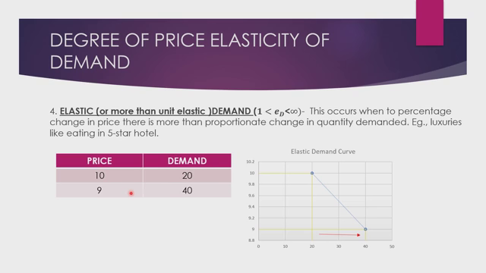In this case, we usually see that the elasticity of demand is greater than 1, and even in the diagram, you see that the demand curve is a little flatter. It's sloping downwards. Definitely the demand curve is always sloping downwards, but it's a little flatter towards the downward slope. Now this is your elastic demand.